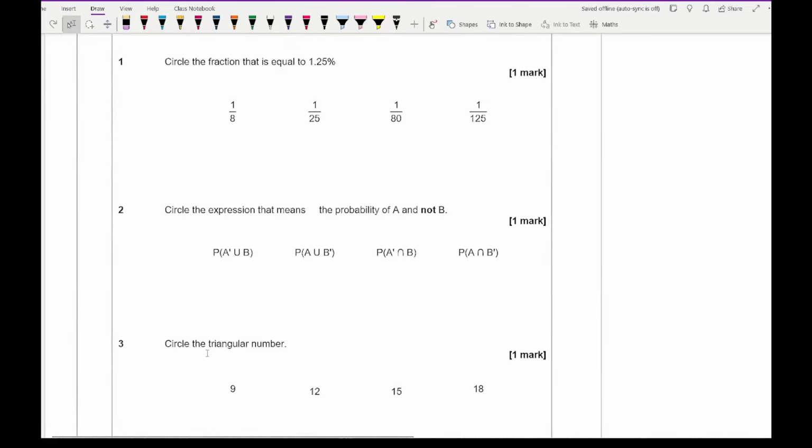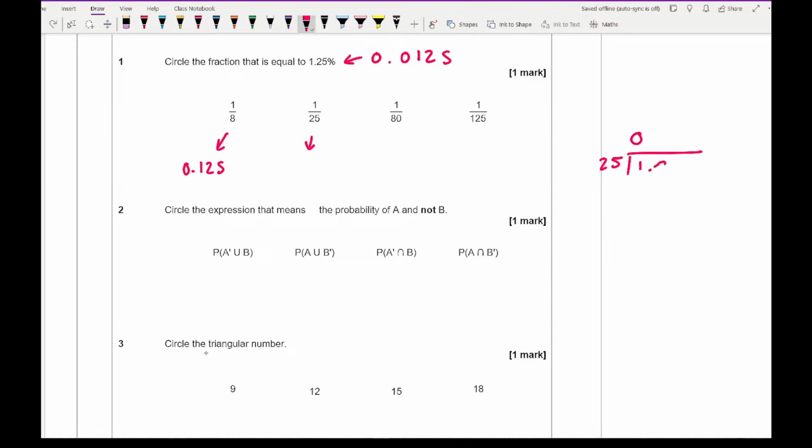So looking at question 1, it says circle the fraction that is equal to 1.25%. Now with this, what you want to try and do is be able to convert this into a decimal. So this as a decimal equivalent is going to be 0.0125, and then we can convert this into each of these. So you can then do 1 over 8, which is 0.125. We've got 1 over 25, which is going to be, if I just work that out, and we've got